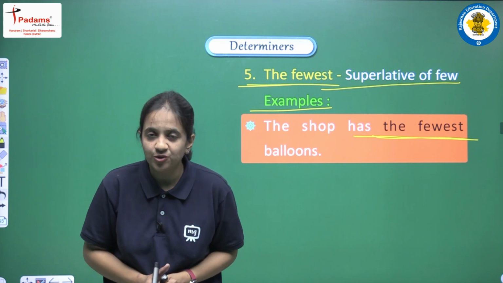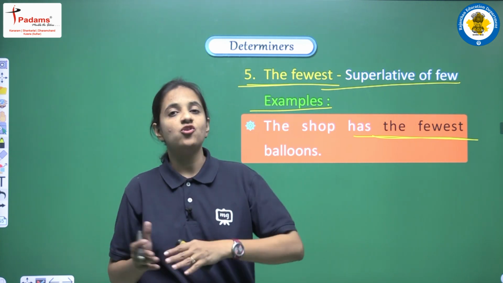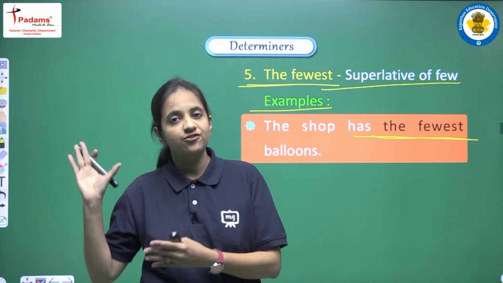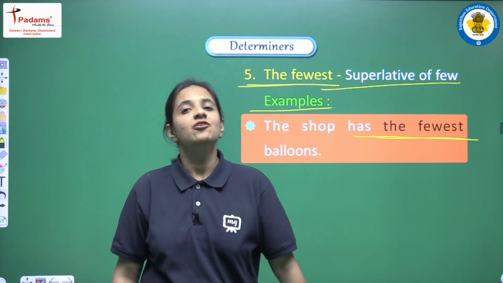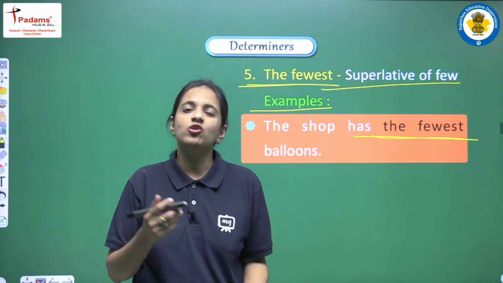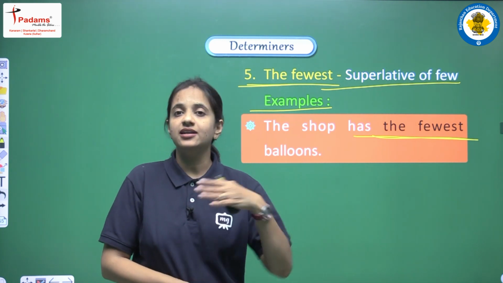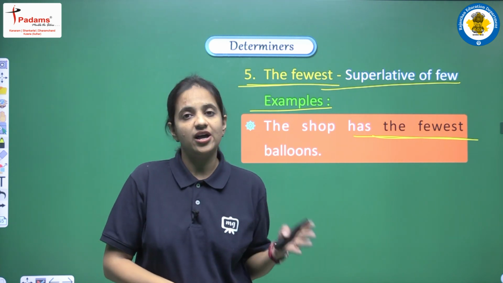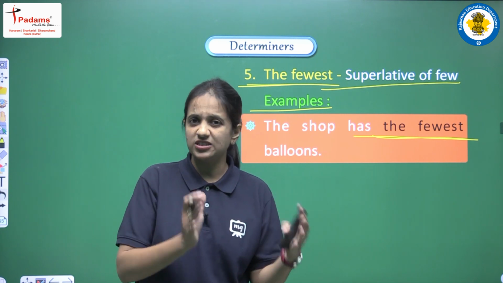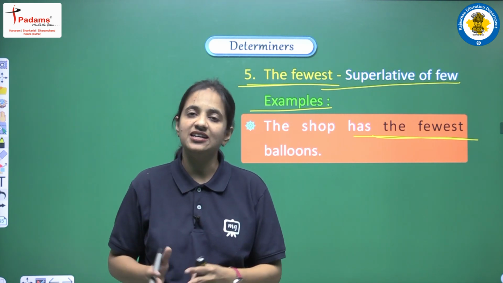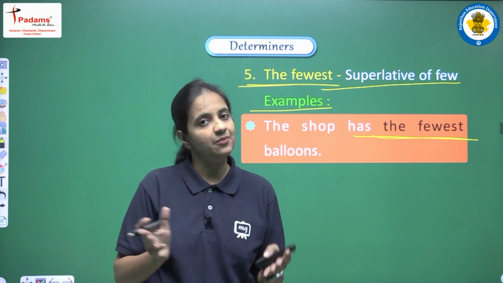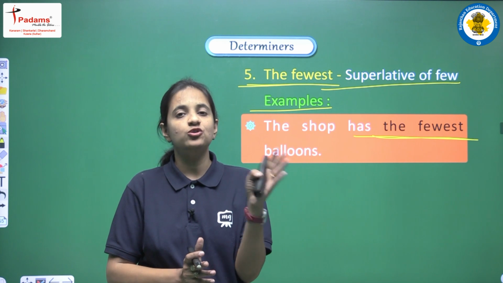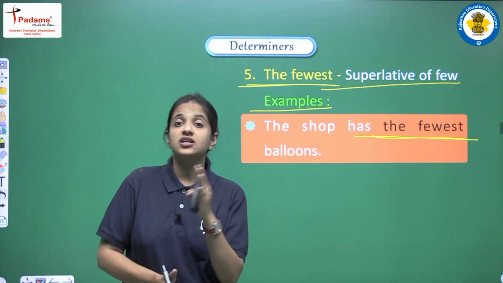So let's revise one more time. The first important thing is that all these 5 determiners are used for countable nouns, right? And few has a negative meaning. When we are trying to say that the number was very less, it was just like nothing, at that time we use few. Clear? Second is a few. A few is used when we are trying to show some positivity, when we are trying to say that yes, there was some small quantity but quantity was there, okay. So at that time, to show that positive feeling, we use a few.